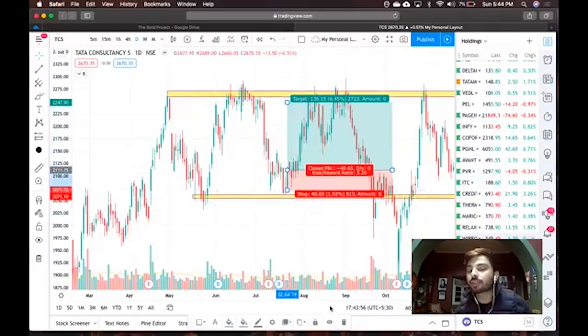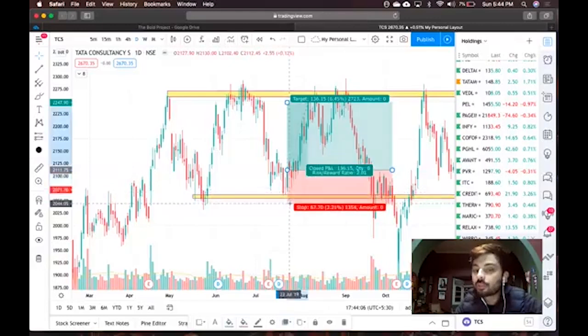Do not just for the sake of it put a small stop loss. You will always get hunted. Markets will always find a way to hit that stop loss. You always have to put your stop loss below the support so you have a cushion and it is not triggered. At the same time, I come to the third concept of risk reward.